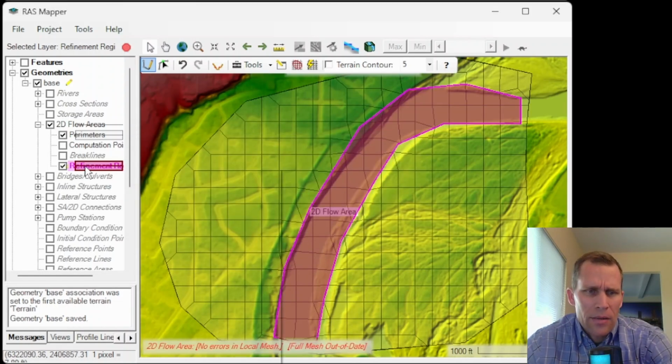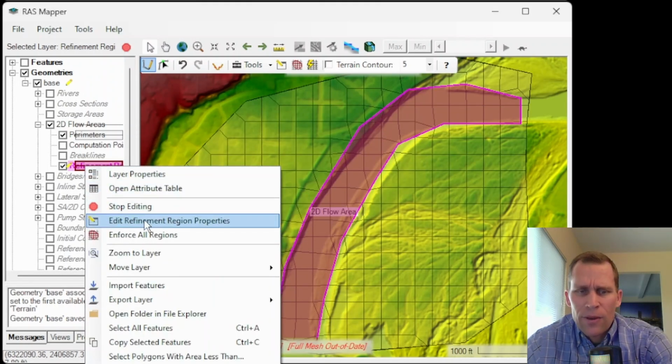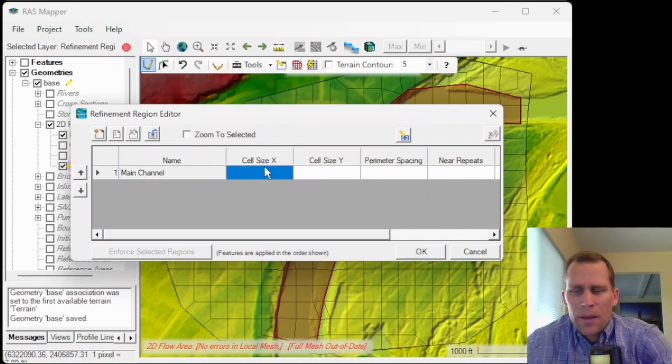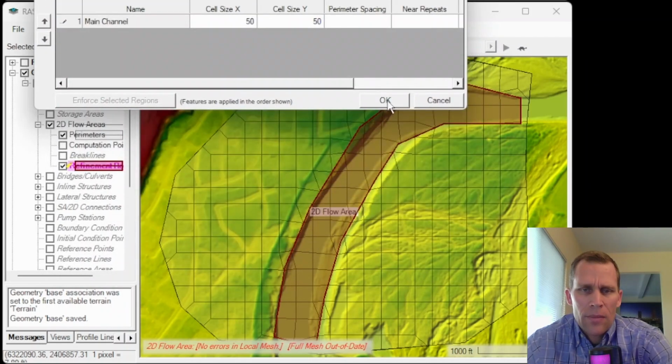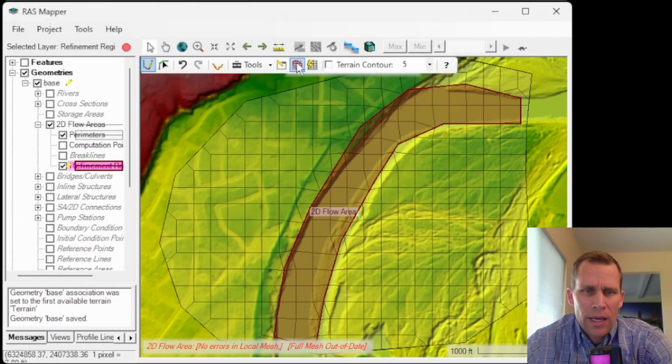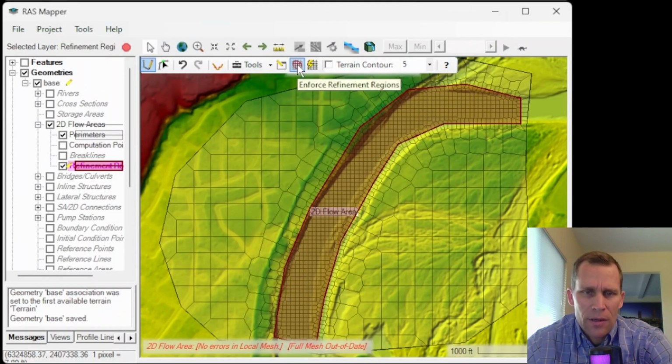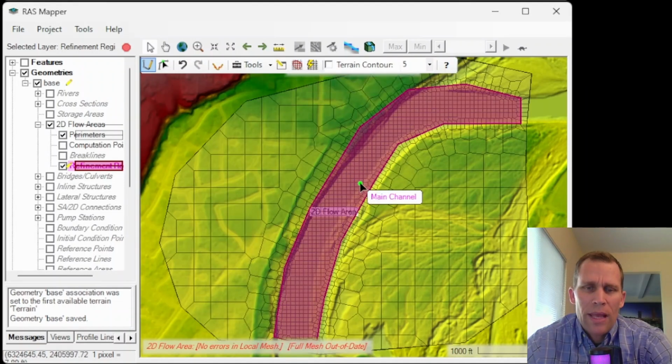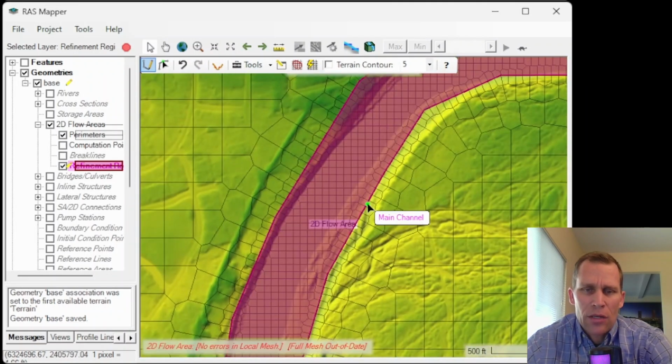I'm going to go ahead and make some edits. So edit the refinement region properties. I'm going to use a cell size of, we'll say 50 and 50, both in the X and Y direction. Okay. So I'll click OK, and then I also have to enforce, which is this button right here. All right. So now we have smaller cell sizes in the main channel, and I suppose there is some benefit